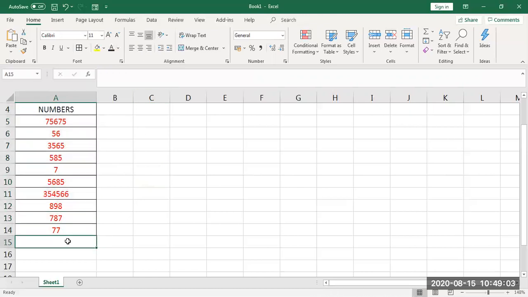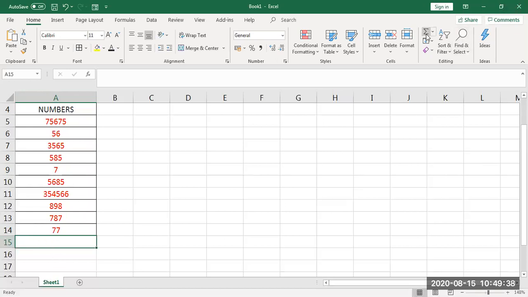See, I wanted an answer here. So this is the place. First condition in Excel: whenever you want to do a calculation, the first thing you need to do is show an empty cell where you want your answer to be placed. That is the first step. Once again, I repeat, whenever you do some calculation in Excel, first show some empty place where you want your answer placed. So I want my answer to be placed in A15. I think now you know how to read the address in Excel: A, and this is 15. I want the answer here.